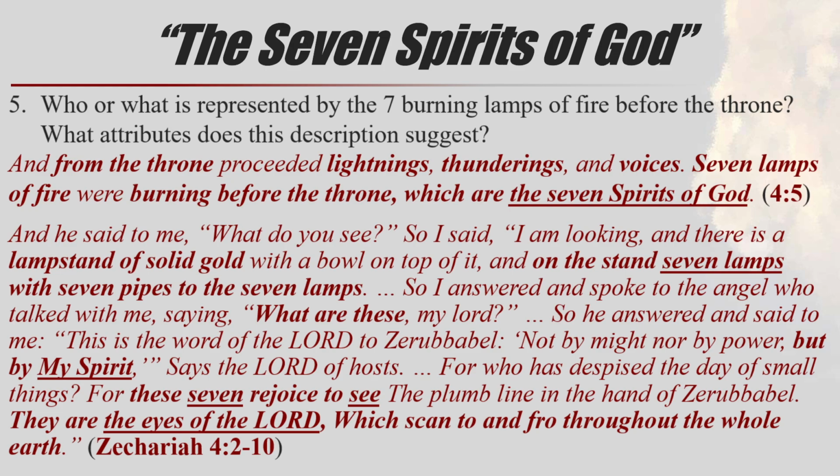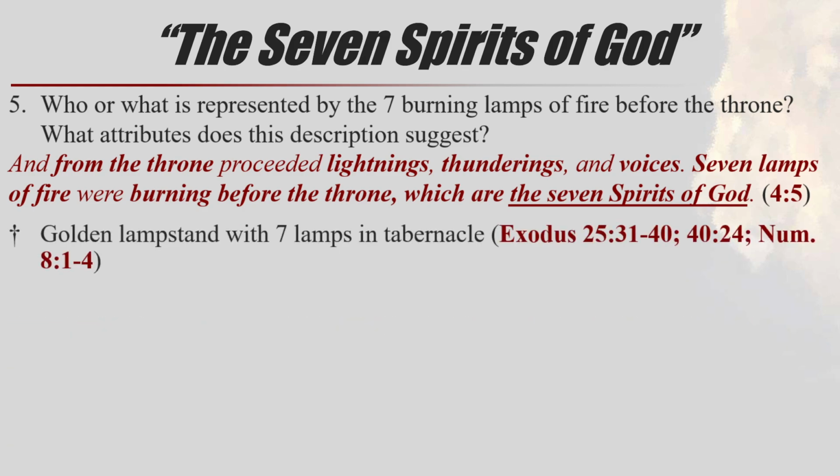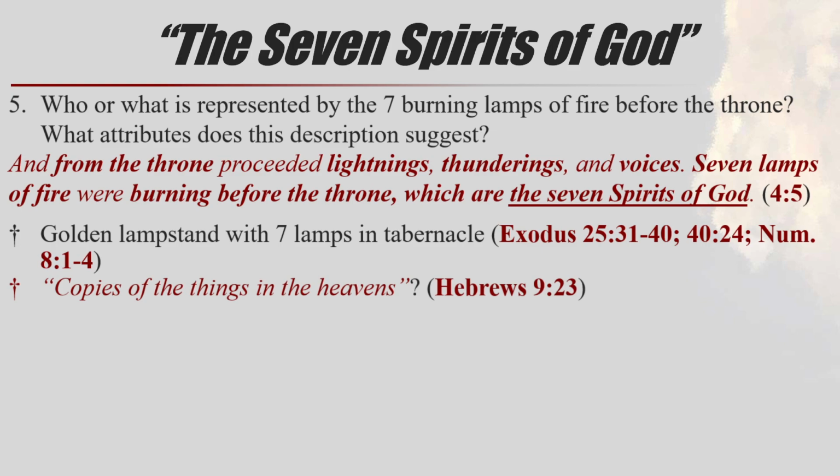So, again, very closely tied to the idea of these 7 lamps that we're going to later see are covered in eyes as well, that see everything, and they have this penetrating light. So, also, as Caleb mentioned, there was a lampstand with 7 lamps in the tabernacle, and that was specifically designed to shine light in the holy place and shine it out. Be outward facing. It wasn't illuminating the most holy place. It was coming from the most holy place, illuminating, going out.